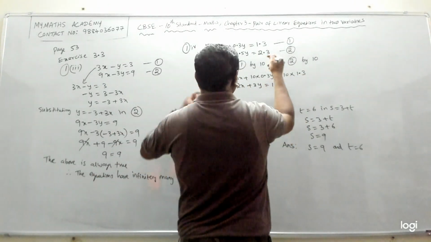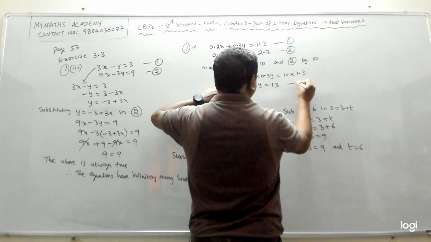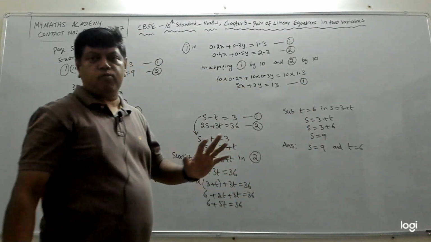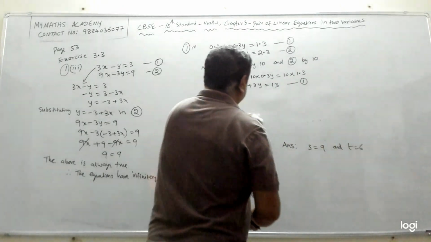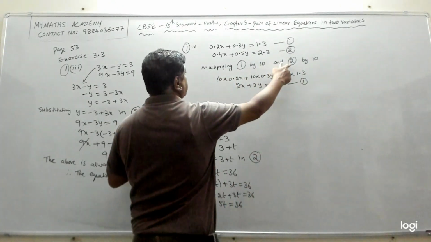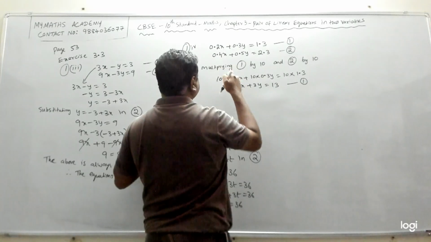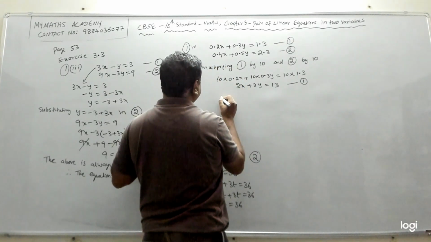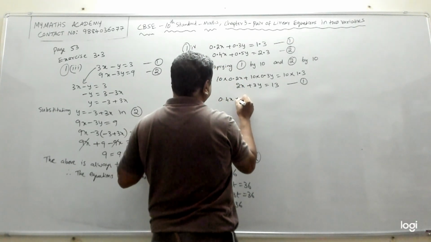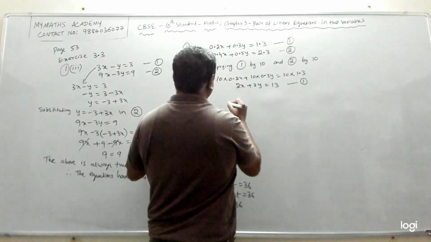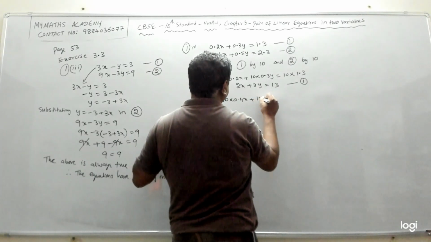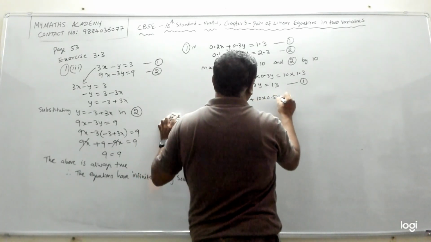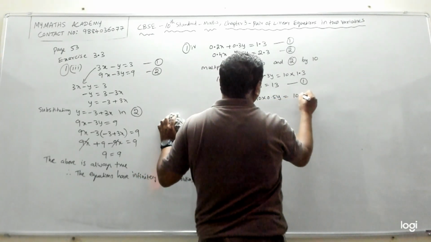So we have got the same equation written like this. We will still call this 1. The same equation 1 I have rewritten in this form. Now again, the second equation we should multiply by 10, each term. So 0.4x into 10, or 10 into 0.4x, doesn't matter. So 10 into 0.4x plus 10 into 0.5y equal to 10 into 2.3.